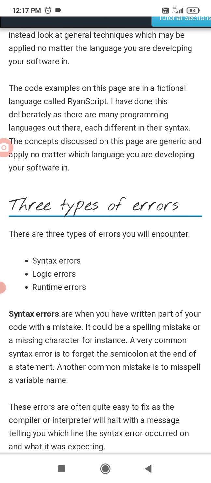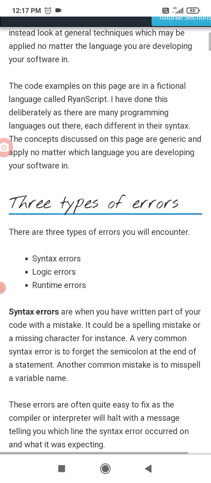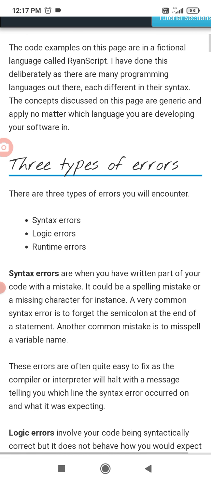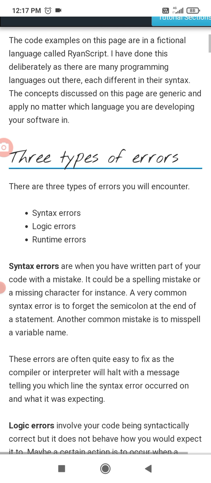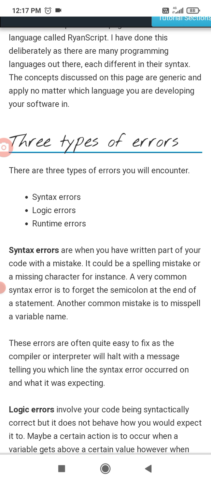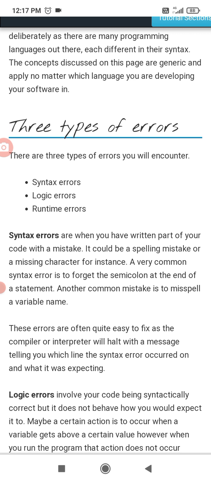There are three types of error you will encounter in software problems. First is syntax error, second is logic error, and third is runtime error. Syntax errors occur when you have written part of your code with a mistake. If you add an extra dot in your program, you get a syntax error.